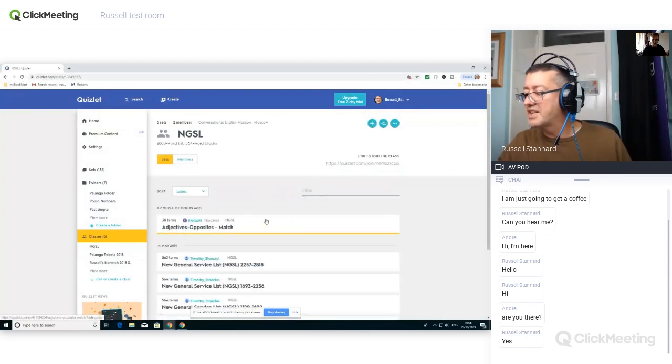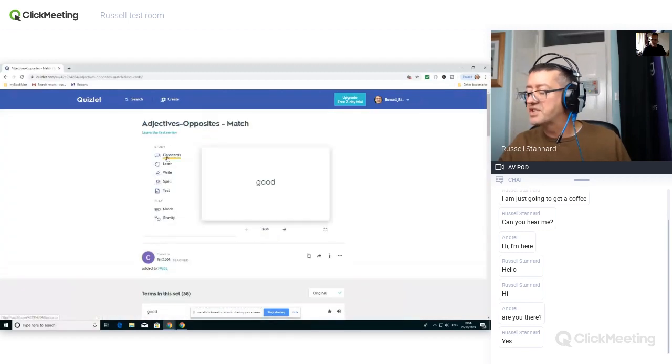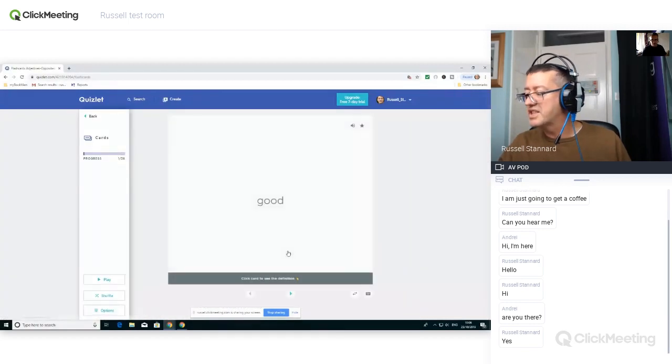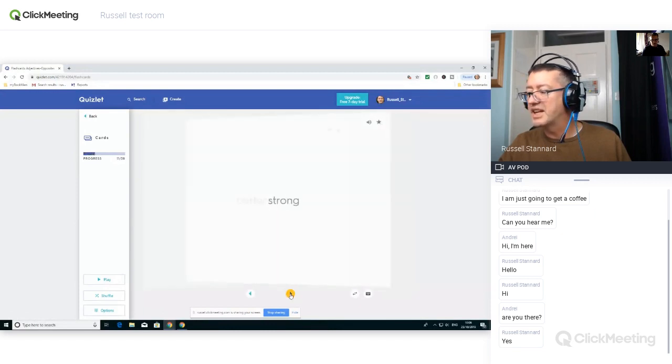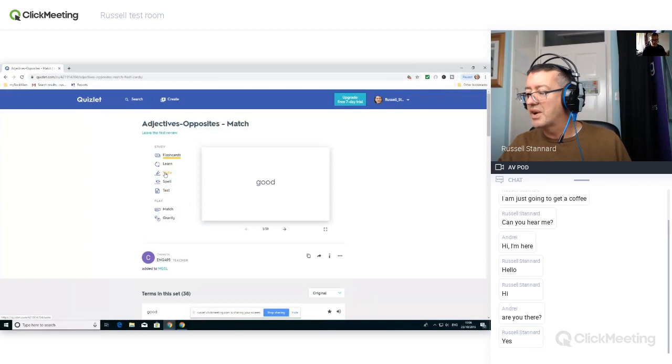these are the latest ones that you've just shared with me, which is called Adjectives of Opposite. Okay, so if I click on that and I start to do some of these activities, perhaps I'm going to go through here. I'm just going to quickly do this activity here. All right, it's going to show me the progress. This obviously is just simply going through the cards. I'm going to go back, and then I'm going to try and do one of your activities.